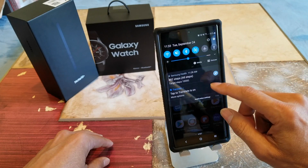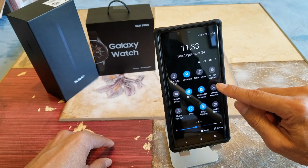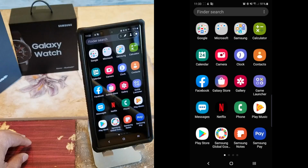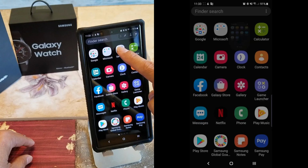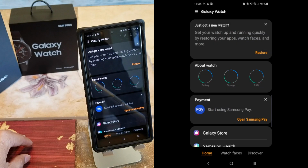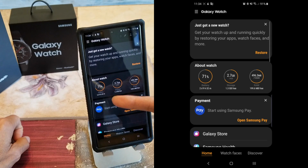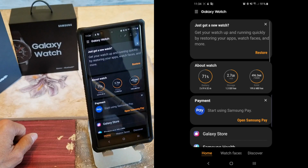Let me try to do the recording real quick. All right. So you want to go into your Samsung folder. You want to search under the Galaxy Wearable. Okay, it will tell you about the percentage of your watch, how many gigabytes left, and then your RAM. If you click on the RAM,